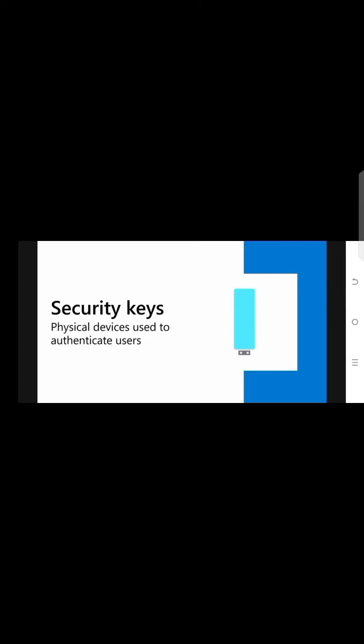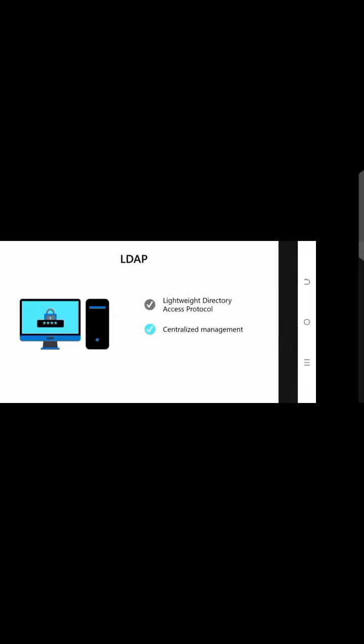Another alternate could be a security key, which is a physical device that you have to connect to your system, and then click on the button to get this authentication. So there are different protocols that are used generally. The number one is LDAP, and the other is